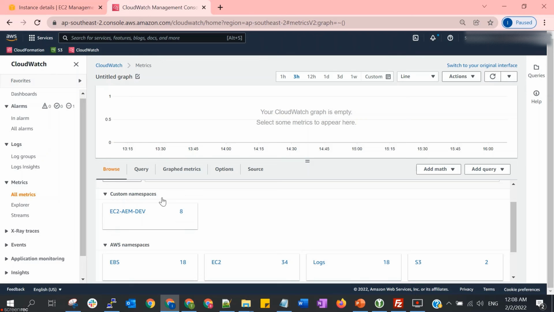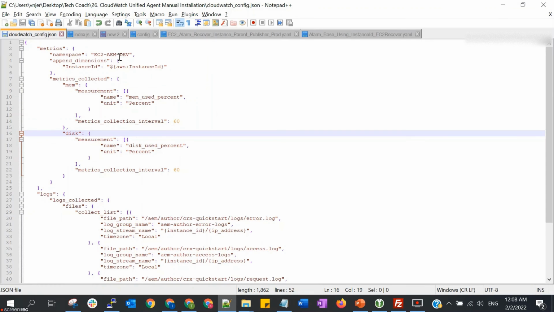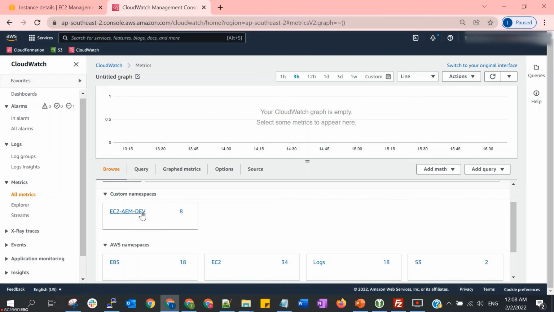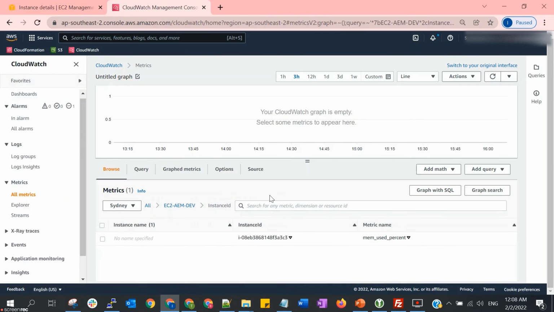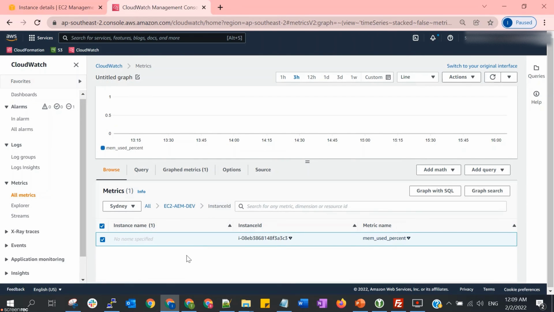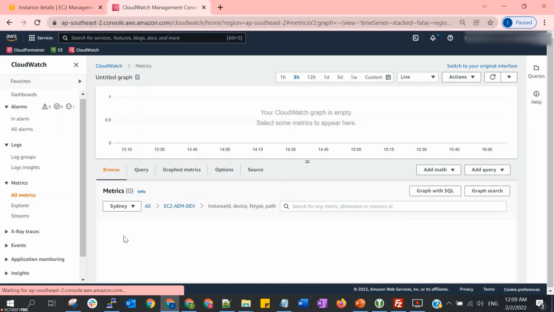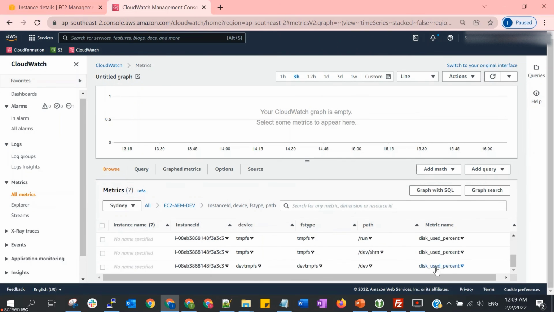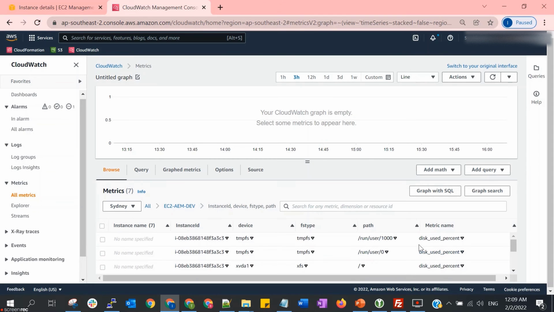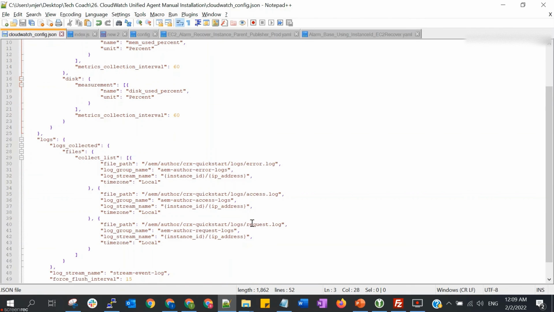We can see the custom namespace that was just created, which I named EC2 AEM-dev, and we can see the memory usage percentage here. You can also see the disk utilization percentage from here.